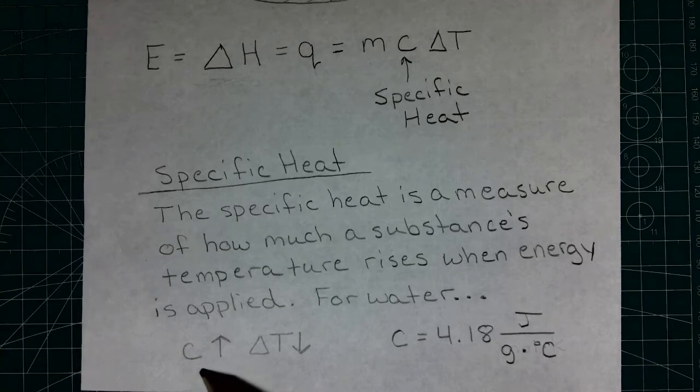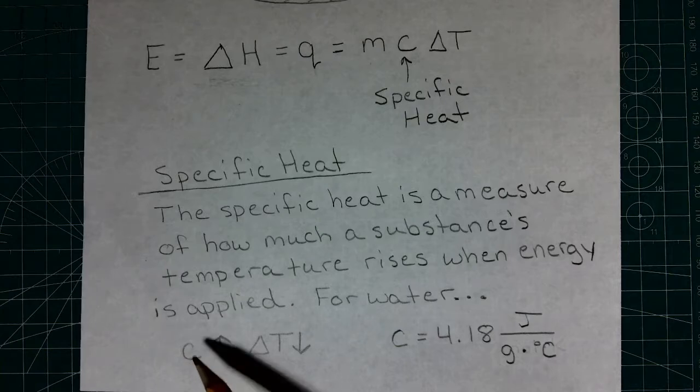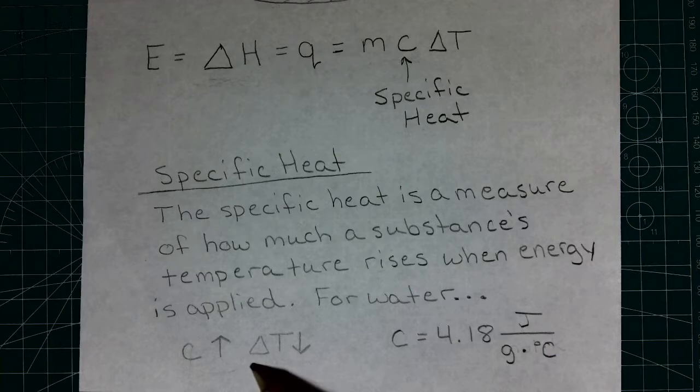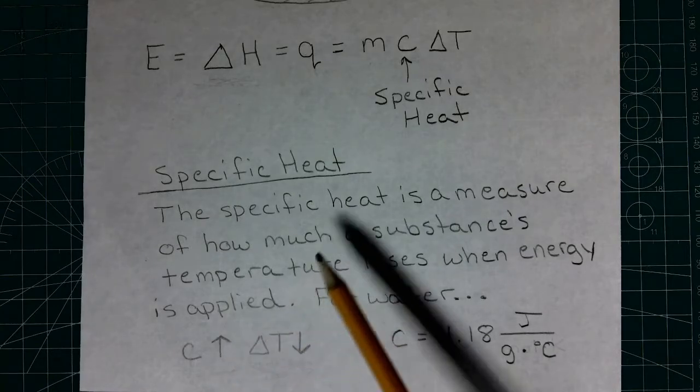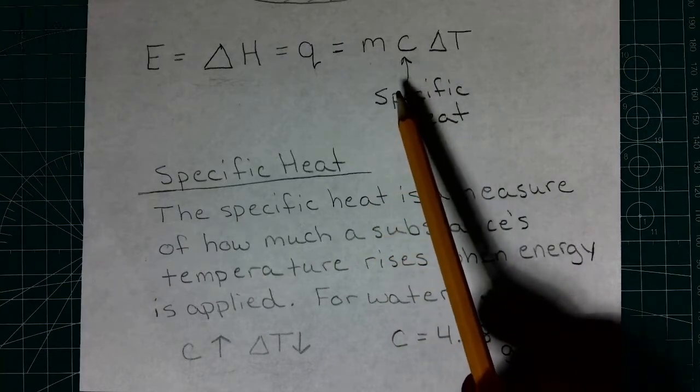So as specific heat goes up, the amount of temperature change that we are going to see when we apply the same amount of heat is going to go down. Okay, so a high specific heat substance is not going to want to change its temperature, but a low specific heat substance will change its temperature very readily. Okay,